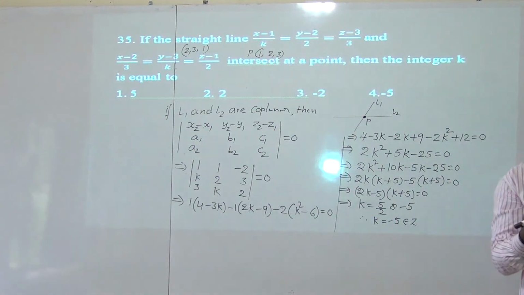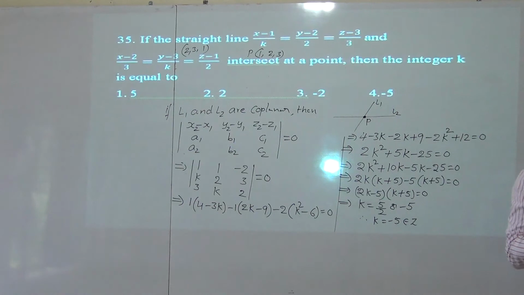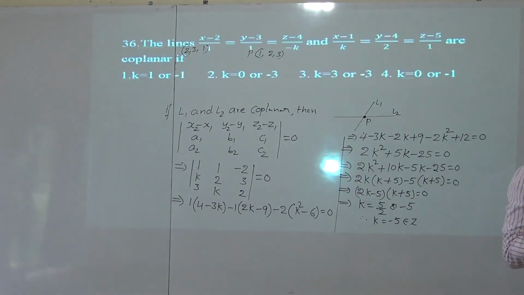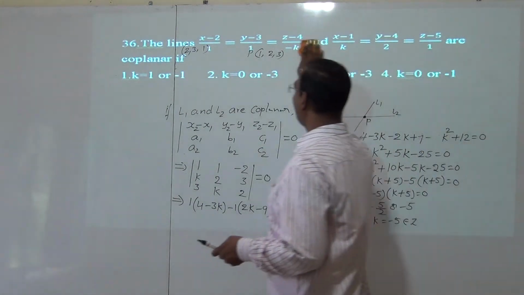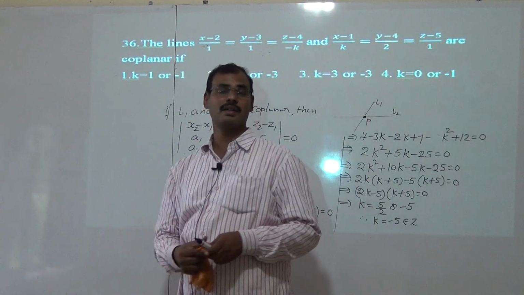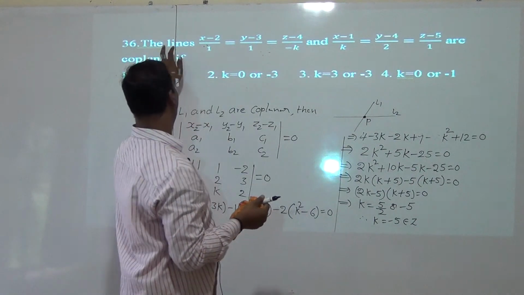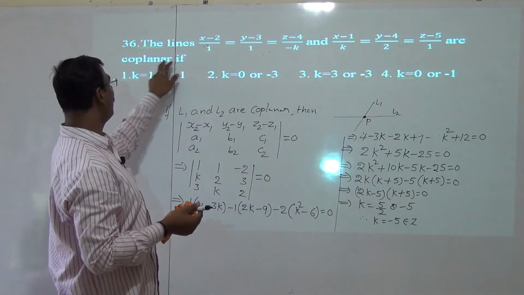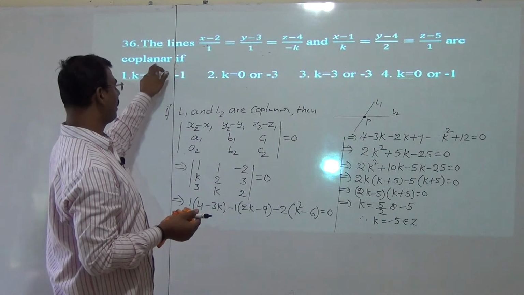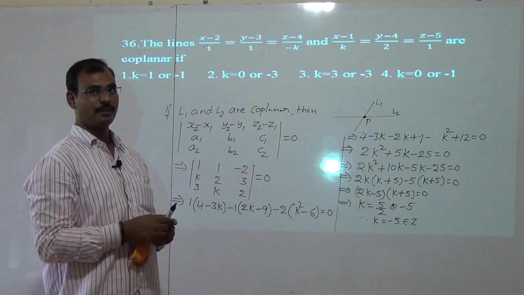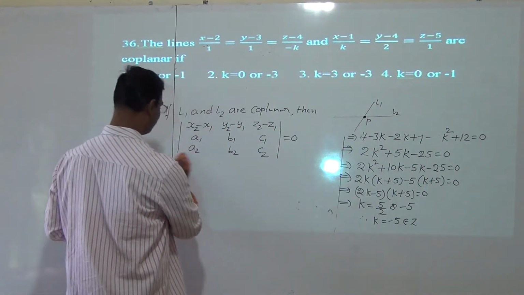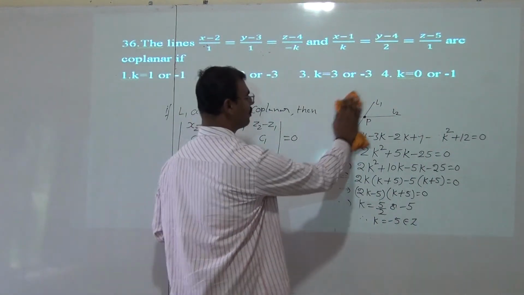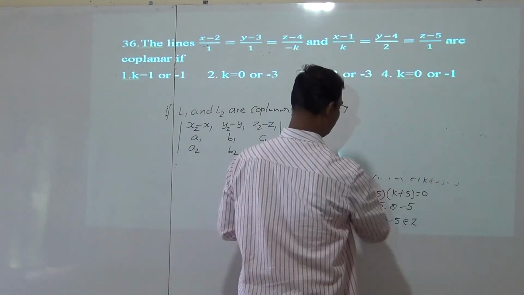So intersecting model, coplanar model, this is the condition. We proved the theorem, very important. Next, the lines. Next question, observe that. Read the next problem. Two lines are given as coplanar. Coplanar means the same condition we have to apply. Can you do this problem using the same condition? Okay, you solve this problem. Very simple question.